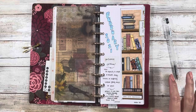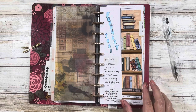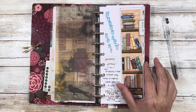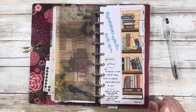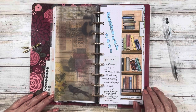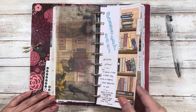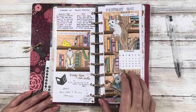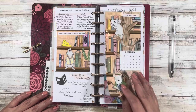In the latter part of January, I had rediscovered a love of coloring in coloring books. And so you see that here by way of, this is a page out of the Journey of the Secret Library or something like that. And I just cut it down. And so I added snips of it throughout, and then I colored it. Word of the month was patience. And then so you can see that there are aspects of my coloring book in here because I was really